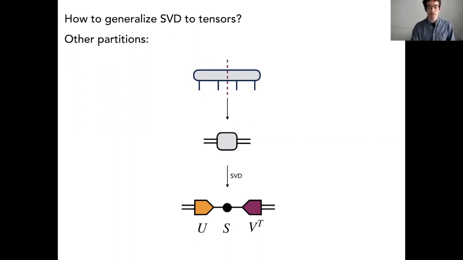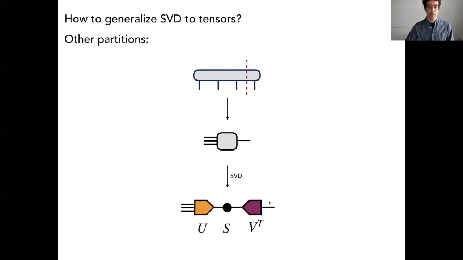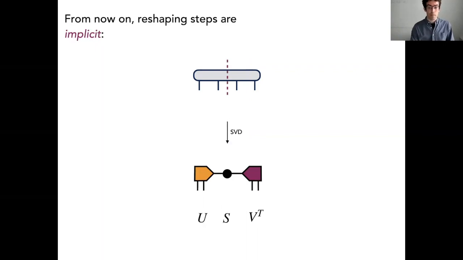I could have done this. I could have partitioned it there and made these the row indices and these the column indices, okay? Or I could have done this one, right? So in general, first of all, let me say that from now on, when I talk about an SVD of a tensor, let me leave out this tedious step of saying that I'm going to reshape it to a matrix. Let me just always know that that's what it means when I draw this line. And I'll just jump straight from here to this form, where U is no longer a matrix, but a tensor that I got from folding into a matrix and folding back. That's the idea. Okay, so I can just talk about this in an implicit way, SVDing a tensor.